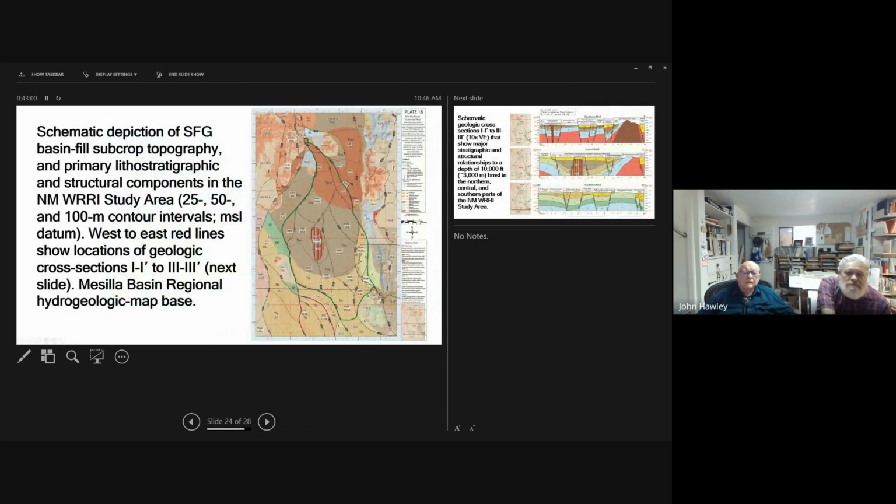Now I'm going to conclude with some general pictures on a larger scale. Here we have a schematic depiction of the subcrop topography. When you take all the Santa Fe group off, this is the topography at the base of the aquifer, and the geology. This is a geologic map of what you would see if you just went through the basin fill.